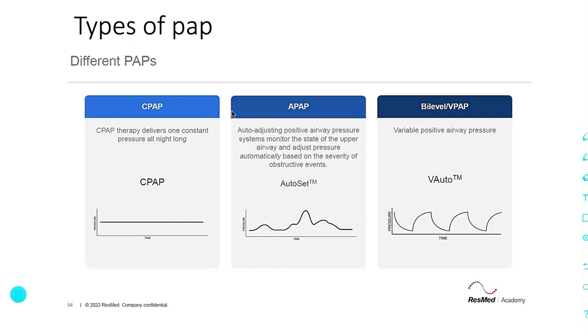But later there is an upgraded version, which is the auto PAP, where auto adjusting of pressure happens based on the pressure needs of the patient. Especially, a patient may need a high pressure during REM sleep and in a supine position, and may need a lesser pressure in NREM and side lying position, and hence this machine automatically adjusts the pressure based on